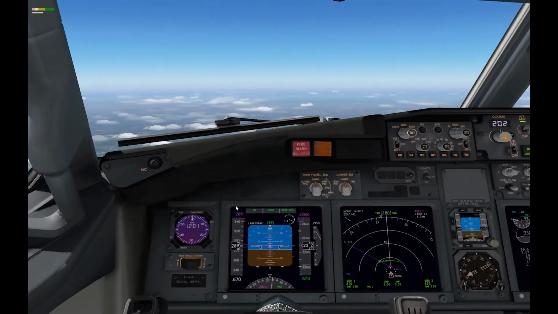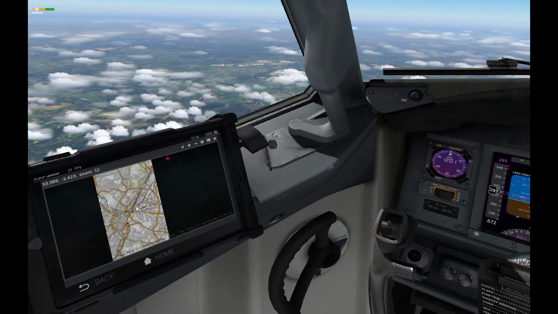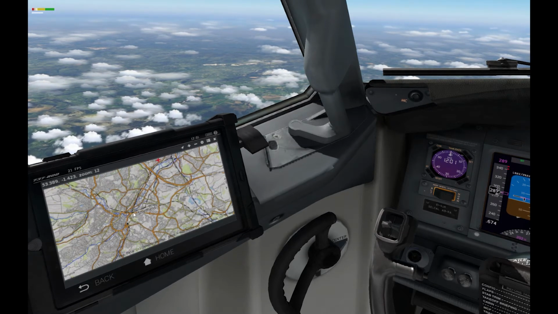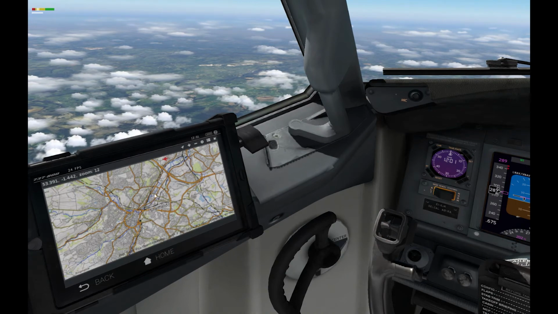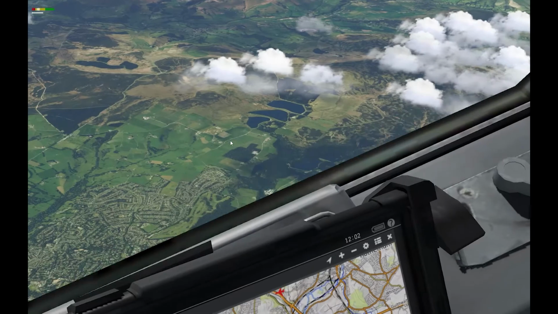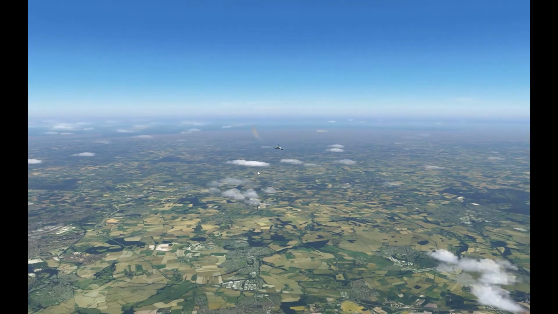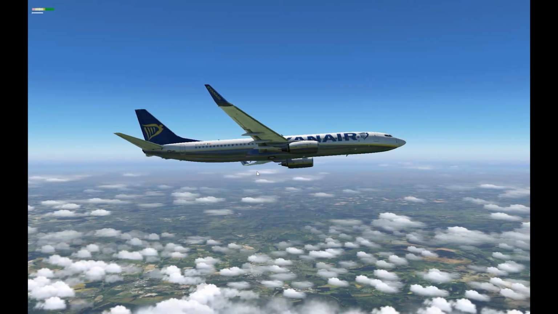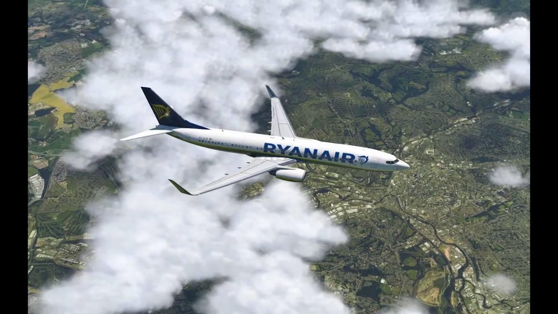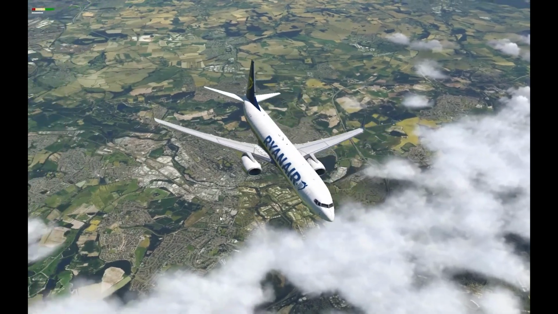Where exactly is Sheffield? That's really annoying, that used to work. Why can't I zoom in quickly? Anyway, so Sheffield, oh there we go. Sheffield on the left, slightly ahead. Let's have a look that way. Ah, there's Sheffield. Okay. Bit high to see too much detail, but